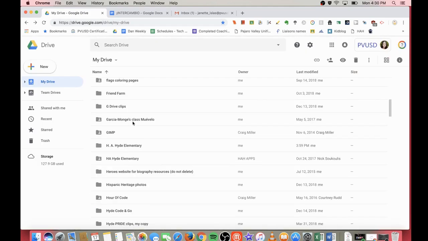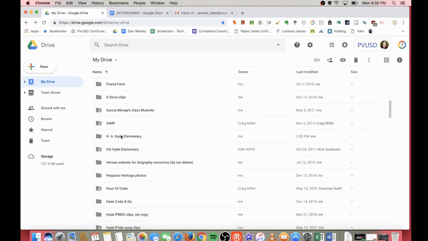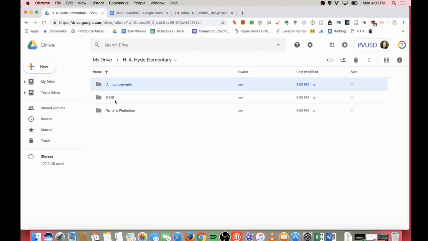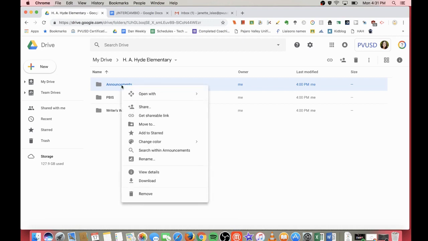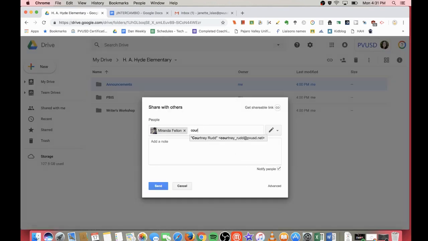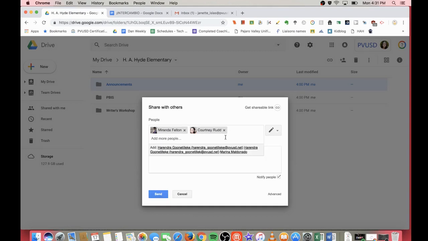In Google Drive, you can also have different share settings for folders within a folder. For example, if I go to this HA Hide folder, currently it's not shared with anyone. I'm going to double click to open that folder. Now I have 3 different folders that I've created inside here. If I want people to only be able to see announcements but not modify them, I could share that folder by right-clicking and going to share, and then I'll add a few people to that folder